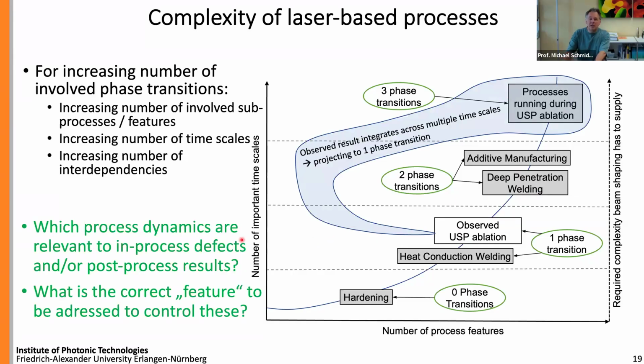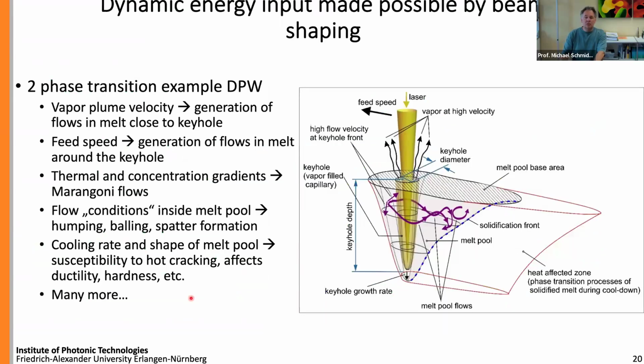So the question should rather be which process dynamics are relevant for, on the one side, in-process defects like spatter, or post-process results like if you have cracks or if the hardness is not as you desired or the microstructure varies in a way that you don't want. So then the question that arises is, what is the correct feature, or let's call it sub-process, like vaporization, melt movement, that we should address to control these process defects and post-process results